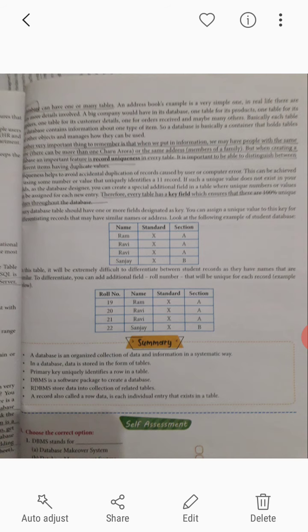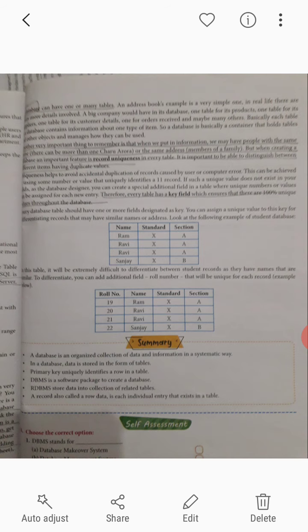Next is value or data. A value is a set of characters, text or numbers that we put in while adding information to the database. For example, numbers and the name mean text, and the data values are for a specific field of the table.